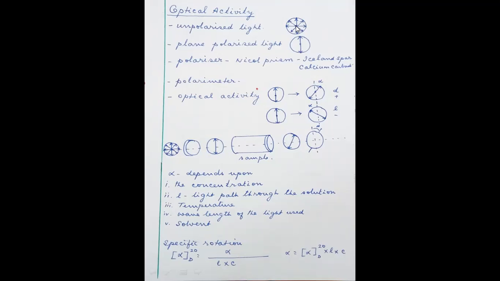So it can have innumerable perpendiculars. This is one perpendicular, this is one perpendicular, this is one perpendicular, this is one perpendicular. I have just mentioned some 8 perpendiculars. But actually speaking, a straight line can have infinite number of perpendiculars. So a light wave is a transverse wave. Transverse wave means the vibration of the wave will be perpendicular to the direction of propagation of the wave. So this vibration can be in all the perpendicular planes. So an unpolarized light has the vibrations in all the perpendicular planes which are perpendicular to the direction of propagation of the wave. When this unpolarized light is passed through